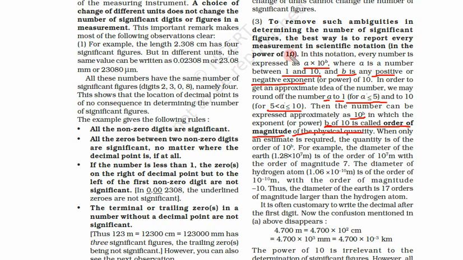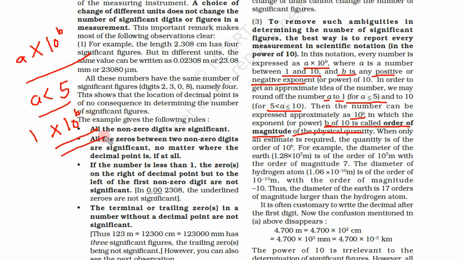So initially what we have learned? We learned that we can express any number in this form, a into 10 to the power b. Now if this number is less than 5, suppose a is less than 5, that means 4, how can we get the order of magnitude? So we approximate a to 1 if a is less than 5, and then we have 10 to the power b. So this b is the order of magnitude. b is called the order of magnitude.